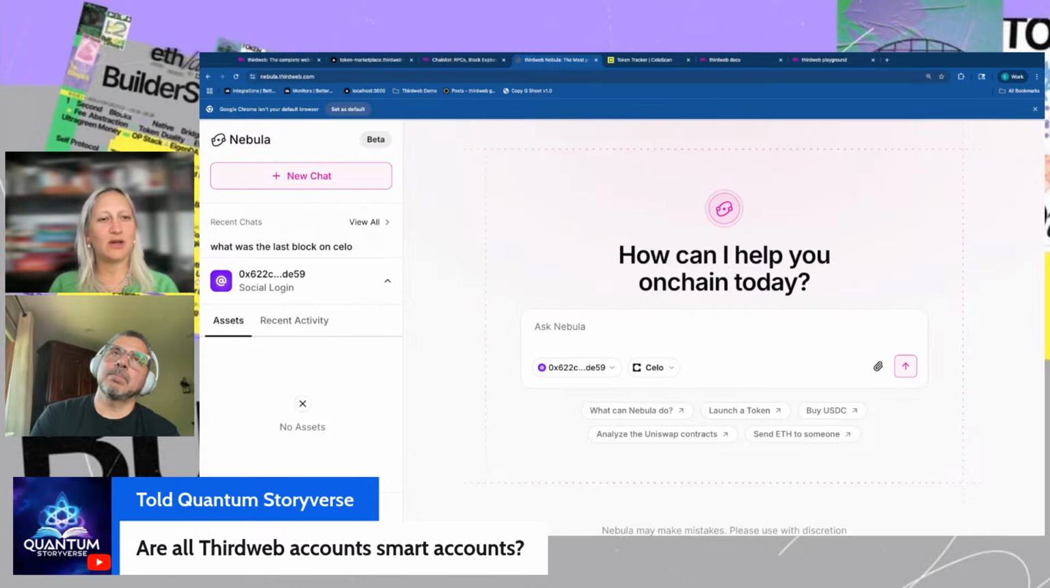Do you only sponsor on Celo? If they are gasless, you are sponsoring those transactions right now, right? That is correct. Do you only do that on Celo because it's so cheap, or do you do that on other chains as well? So we're doing that on any